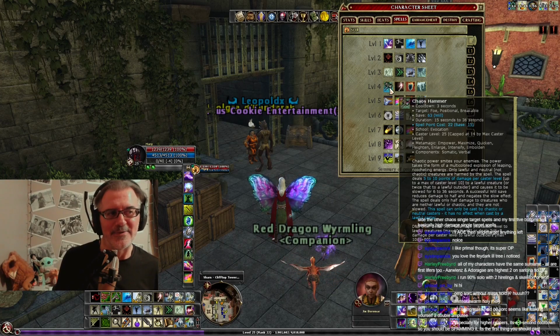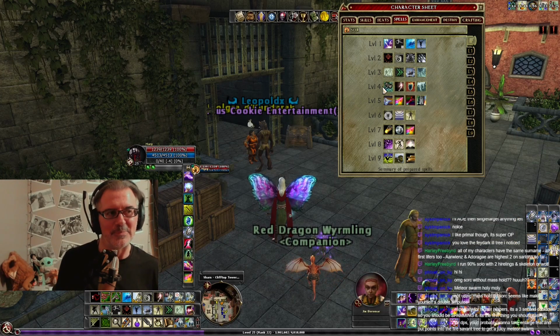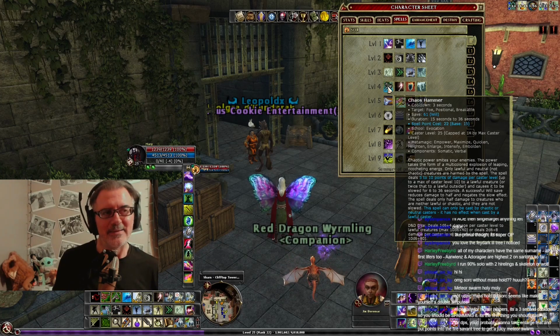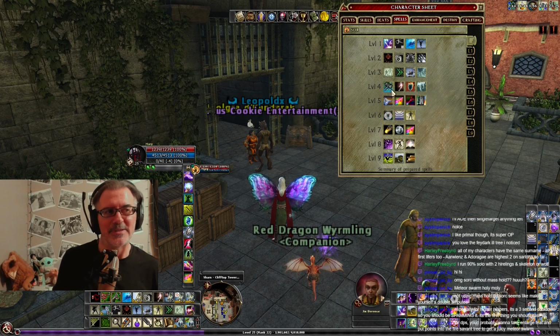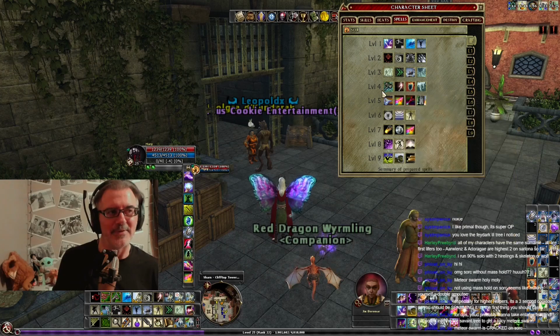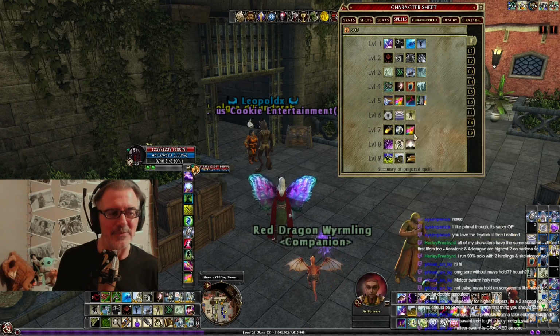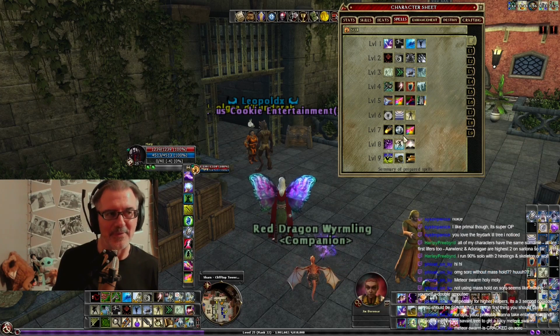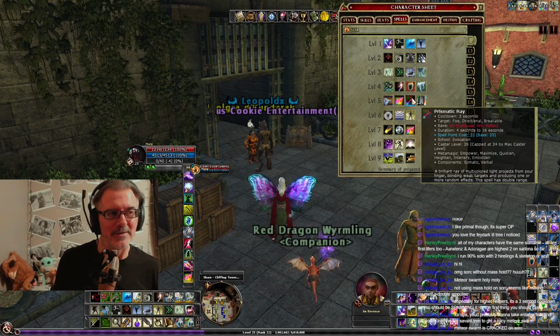I was completely underwhelmed with Chaos Hammer. It works really well if you're on a cleric where you can force the mobs to take the damage, but I just didn't think it was like 500 damage. It wasn't really that much, so I wasn't very impressed. So I don't think I would take that again, but I do have it if I want to experiment with it. Way better spell is Prismatic